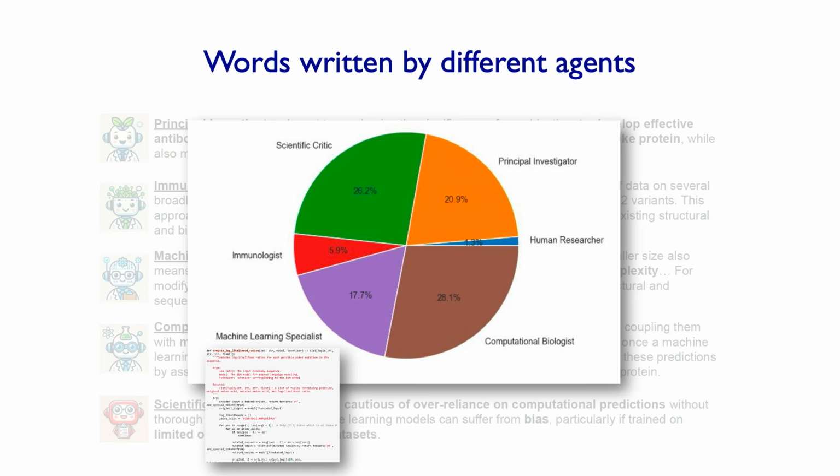This pie chart shows how often the different participants speak in these virtual lab discussions. The human researchers, like myself, can also participate anytime we want, but we only talk about 1% of the time. Our role is mostly to provide high-level guidance to these agents. For example, we tell them what general project directions I'm interested in, and some of the constraints we have, like our budget for doing experiments. But otherwise, we leave it to the agents to come up with their own research plans.